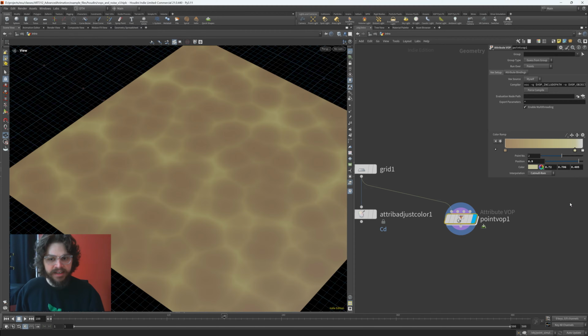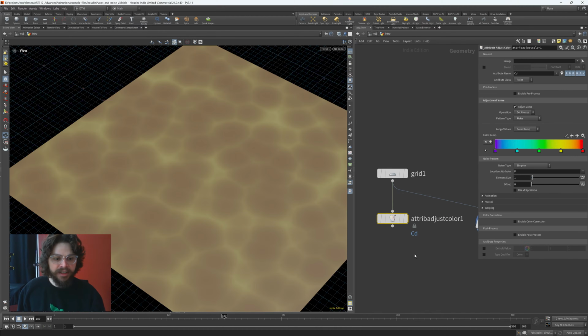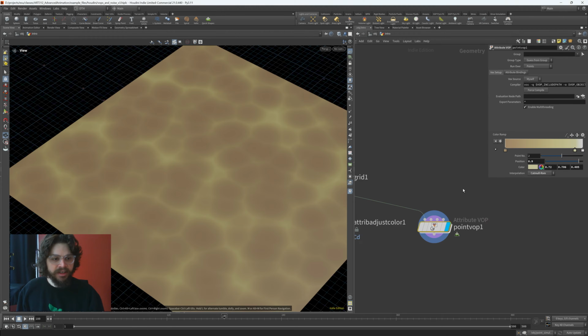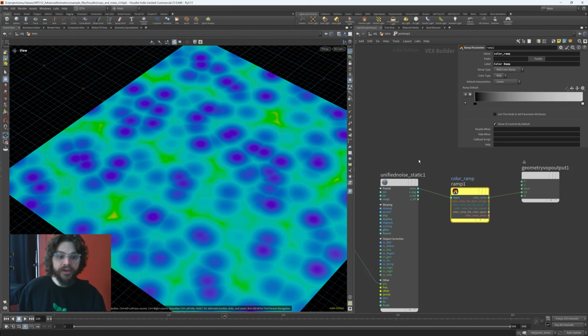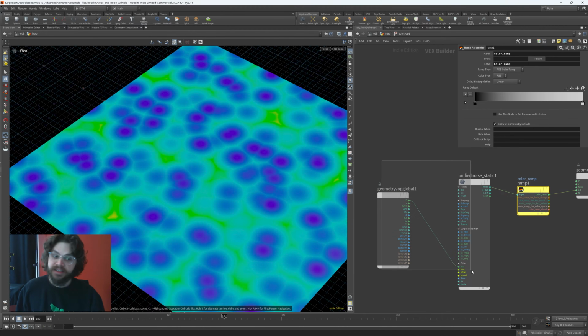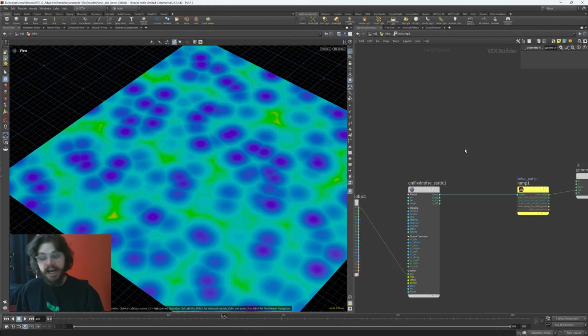Let's go sand. And I've essentially recreated my attribute adjust color node. I could try this. Let's go with the infrared. And you can see by default, we're not really getting some of these red colors at the top of the spectrum here. One other good node, there's lots of nice nodes in VOPs, but one other very common one you'll